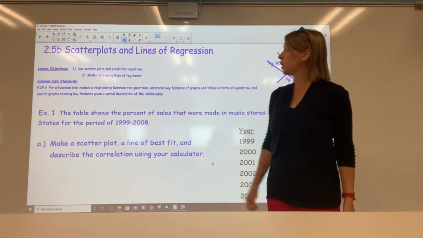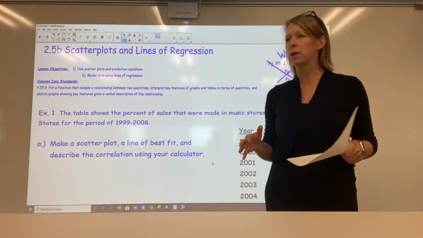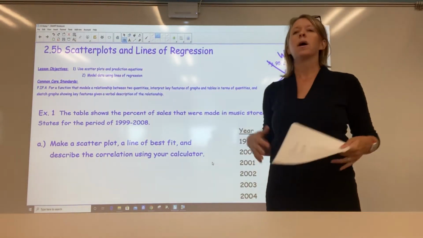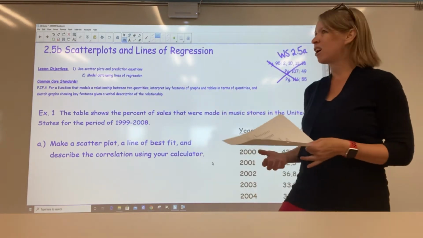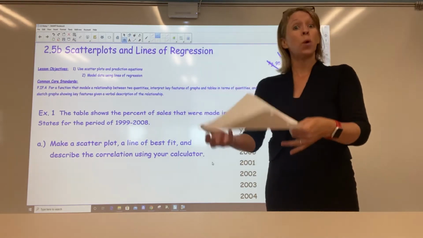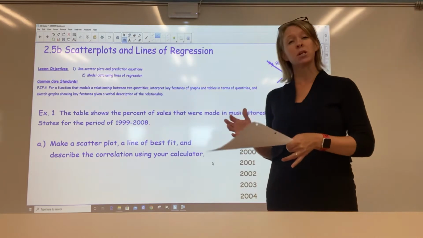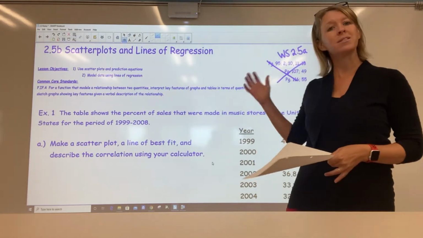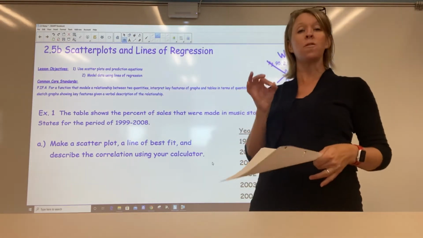Okay, in the previous video, we introduced you a little bit to scatter plots, how to go through all those things on your calculator to create a scatter plot, and how to run a linear regression on your calculator, where it gives you the equation for the line of best fit. Then you can go in the table and answer some prediction problems, as well as it gives you